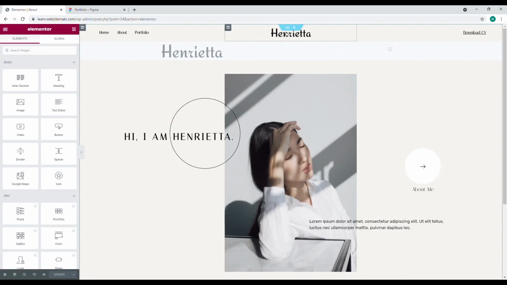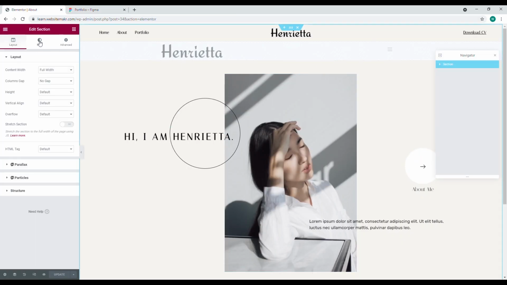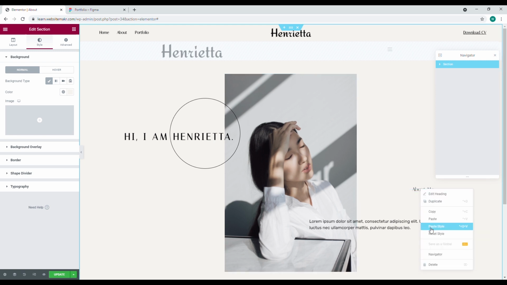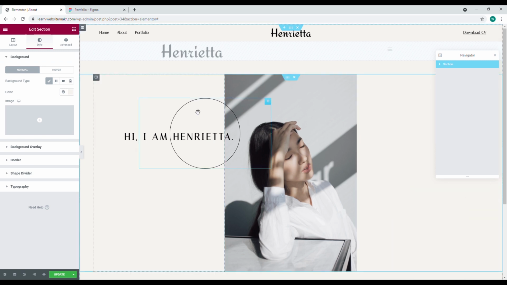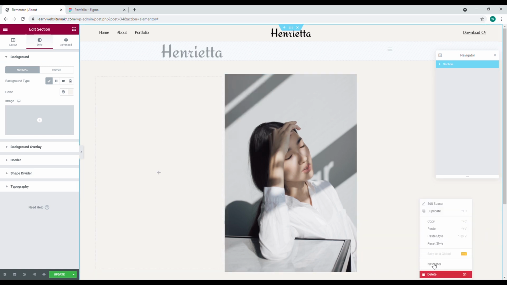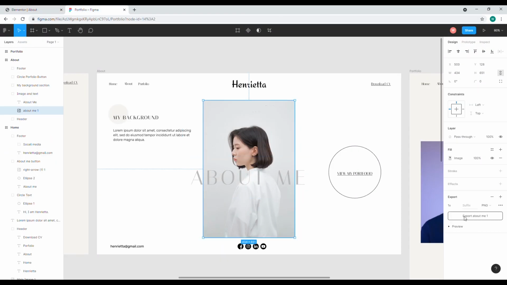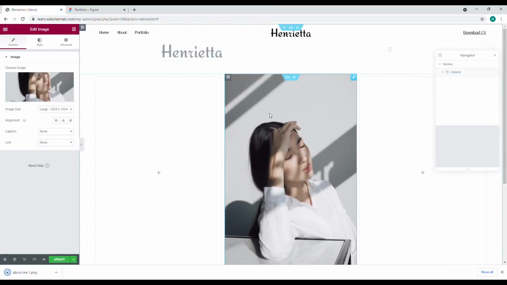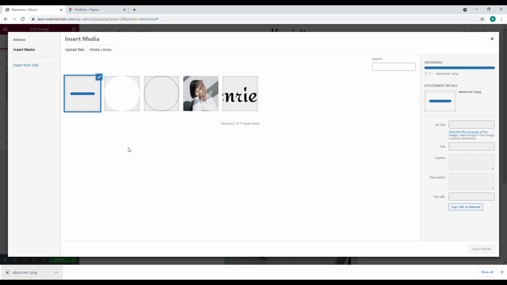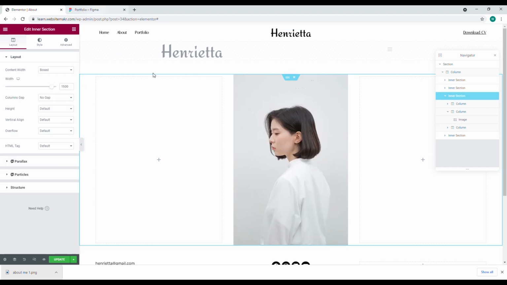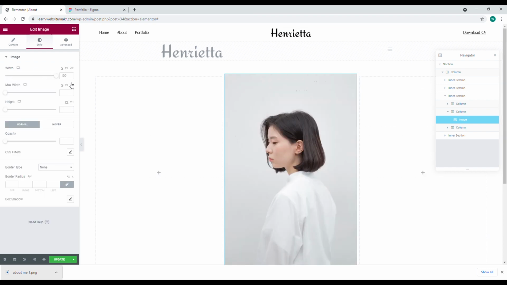So I'm just gonna delete this first, right? We're going to delete all the elements that we don't need. So let's delete this, right? And then now I'm gonna change the background to white, right? And I'm gonna download this image, and I'm gonna change this image, drag and drop it here, and I'm gonna change this image, right? And then now I'm gonna adjust this to no gap, and then I'm just gonna make this 100% width, right? So that it will